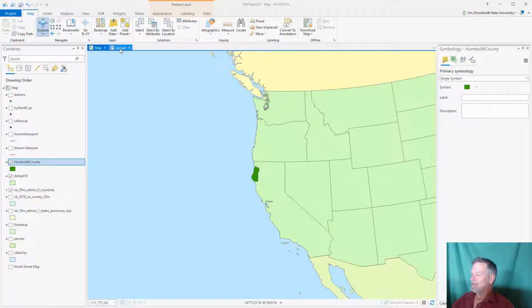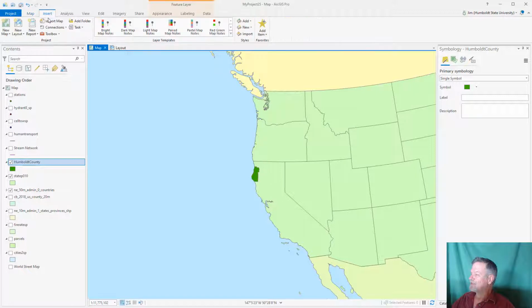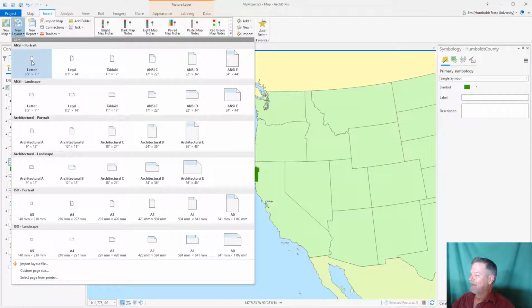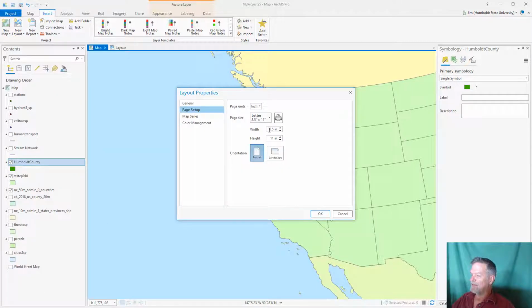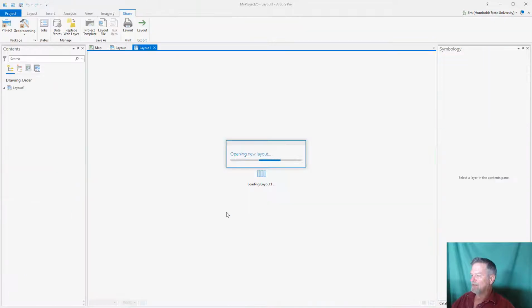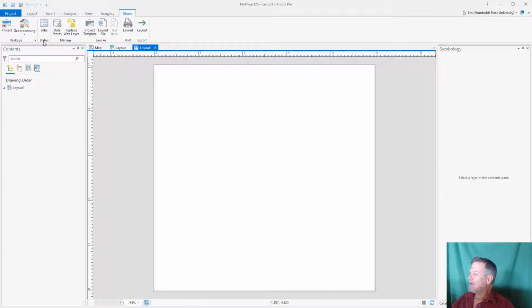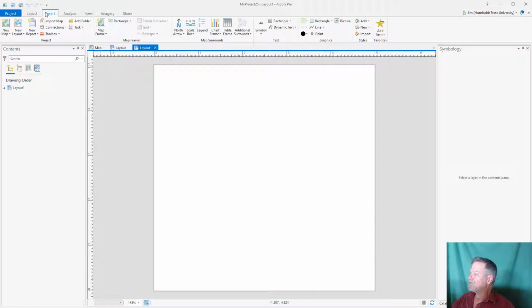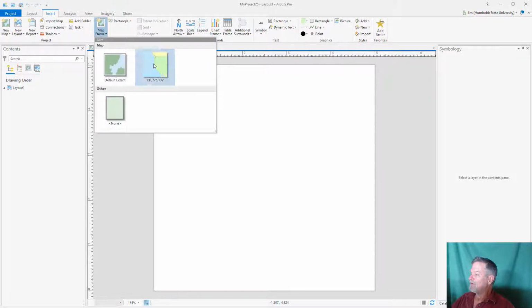So now what we need is a layout. I'm going to go ahead and actually do a new layout. And you can do a custom page size, or you can do a letter and then resize it. This just brings you into the dialog to create it right away. Same one you get to if you resize it later. And now we can go ahead and insert our map frame